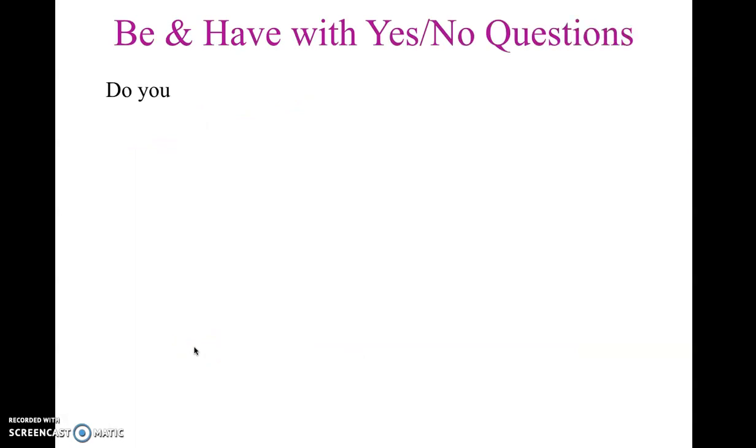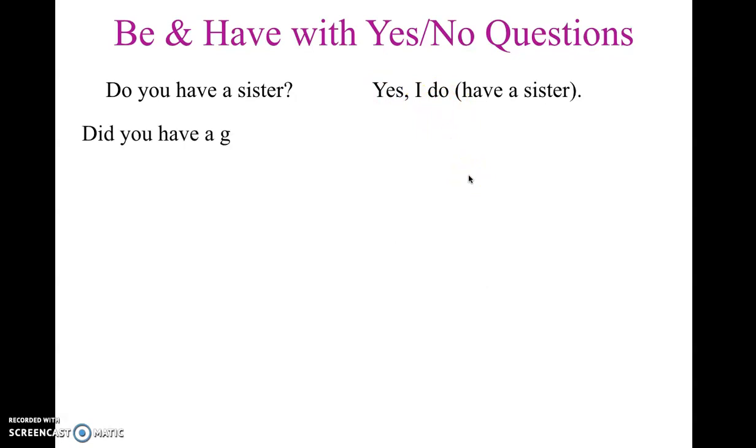Be and have with yes and no questions. Do you have a sister? Yes, I do. Notice that in the question we're going to use typically the first verb, right? Not the main verb, but the first verb, the auxiliary verb. You might also say, yes, I do have a sister, in which case you would use both. But often we use a short answer and we just say, yes, I do, or no, I don't. Did you have a good time? Yes, I did. Right? Or yes, I did have a good time. Again, we're using this. And this tells us past tense, right? Did you